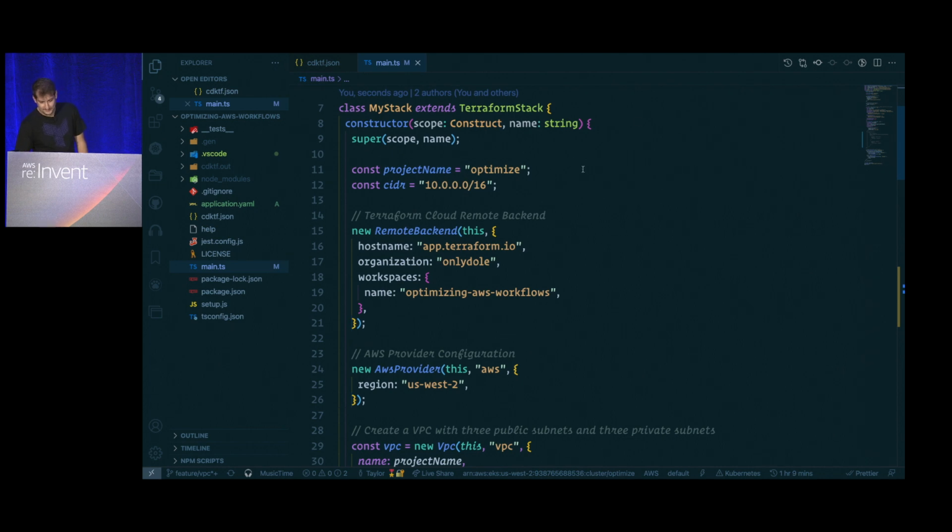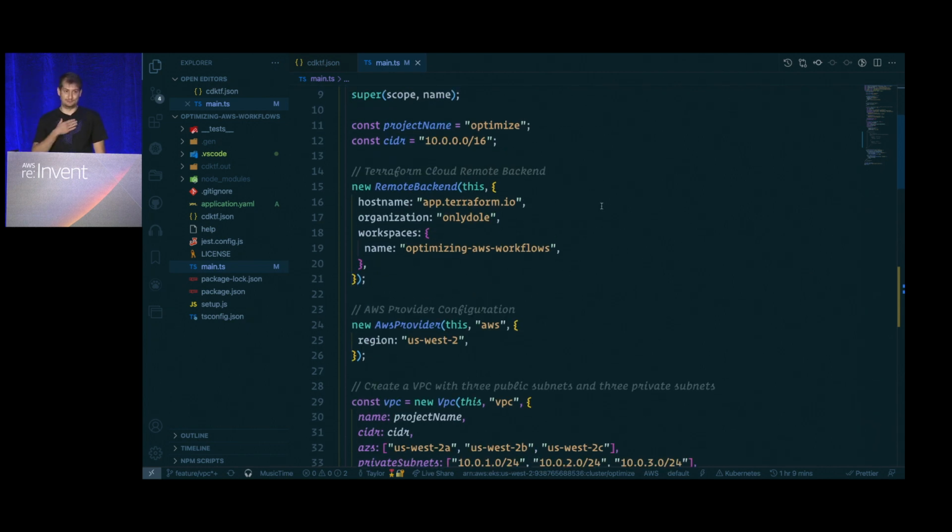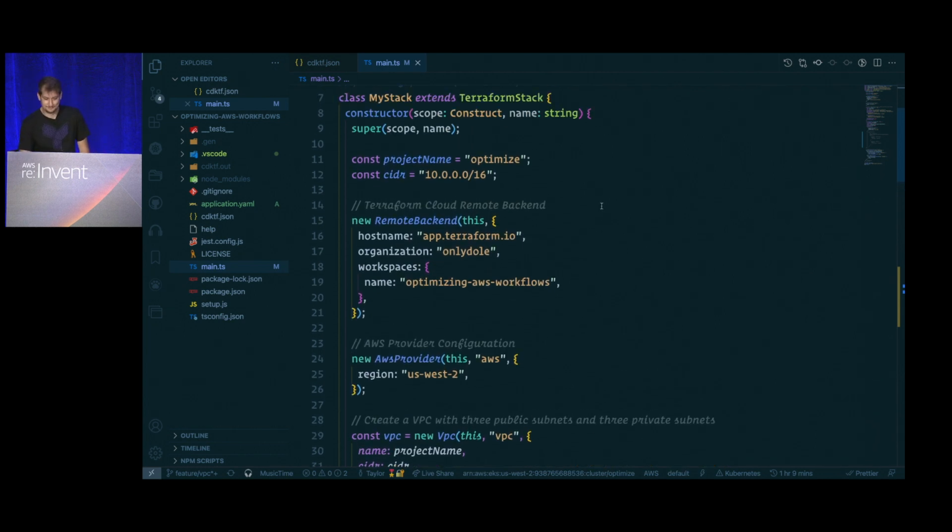All right. So now we get into what does it take to define a stack and spin all of this stuff up. So I've named this my stack. It took me a long time of deliberation to come up with that. So it's like, whew, I'm glad we settled on something.